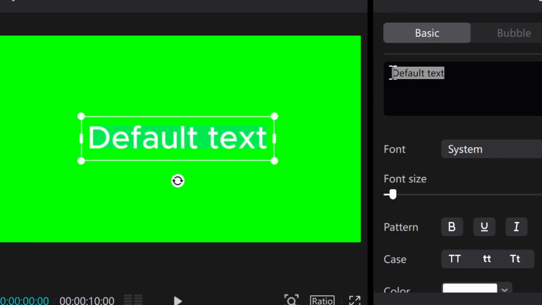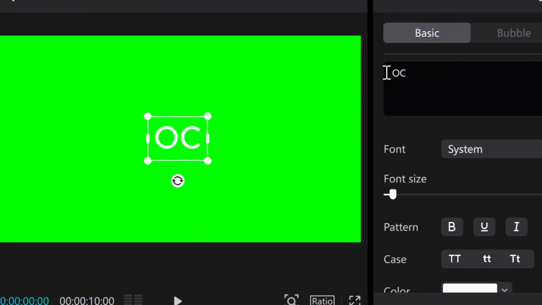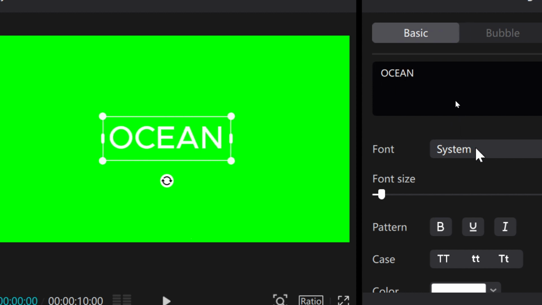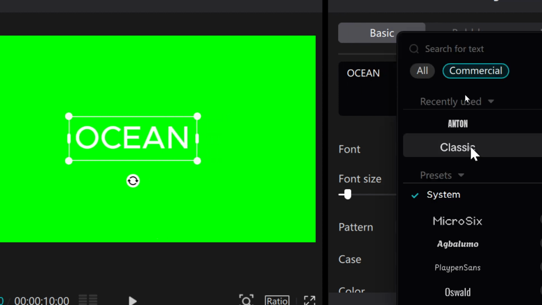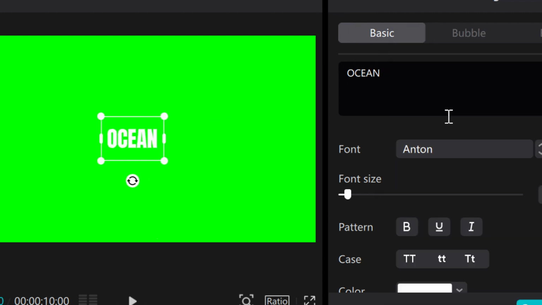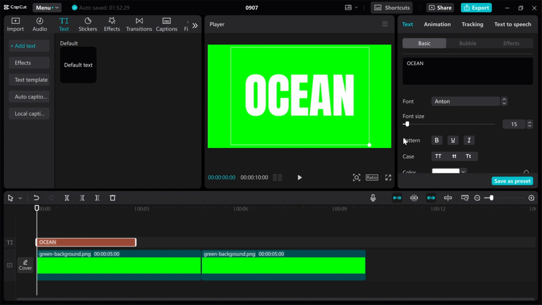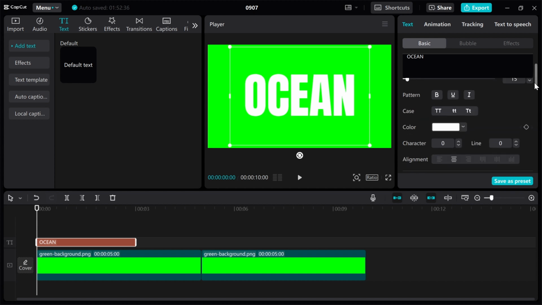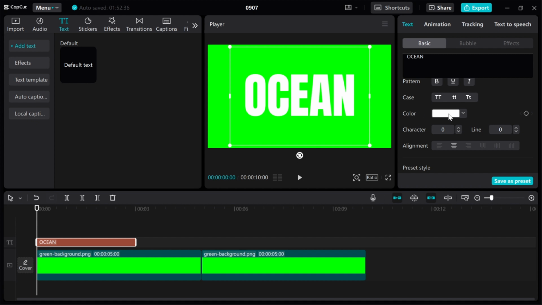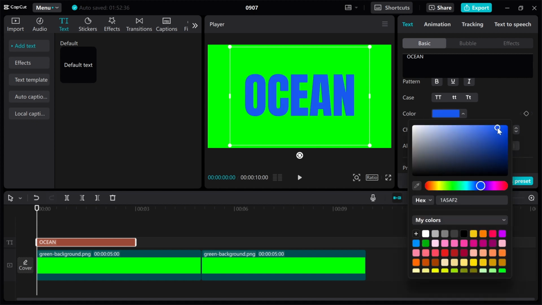then write. I will write ocean, then change the font style, then adjust the font size, scroll down and change the color. Change the color to blue,